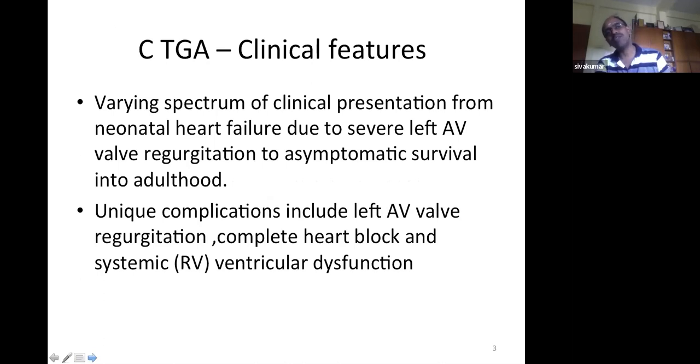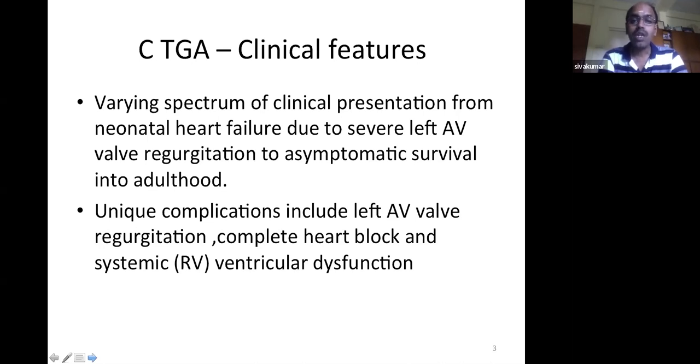Otherwise, if they have just a ventricular septal defect, they normally escape the first 6 to 8 weeks when the pulmonary vascular resistance is high, and they get into heart failure after 6 to 8 weeks. If they have an associated pulmonary stenosis as well, then the heart failure is significantly delayed. They remain asymptomatic for a long period of time. So the corrected transposition with VSD and pulmonary stenosis is one of the very stable, balanced circulation, which goes on for many years without much of symptoms.